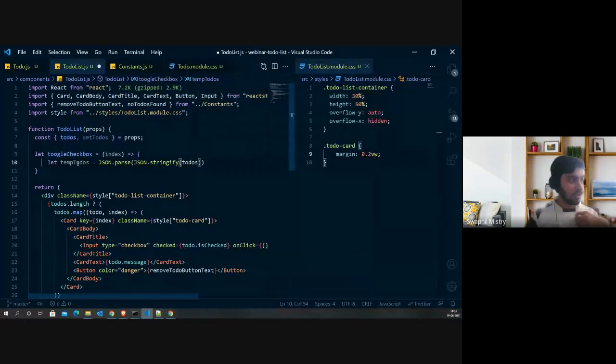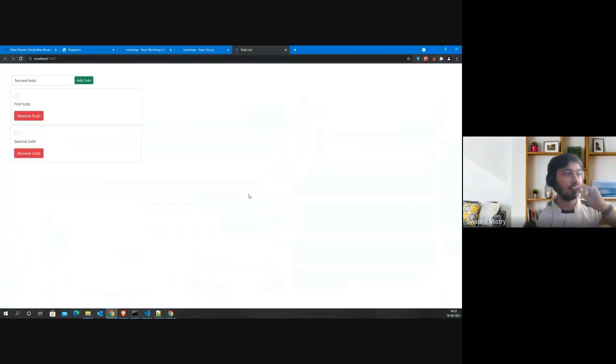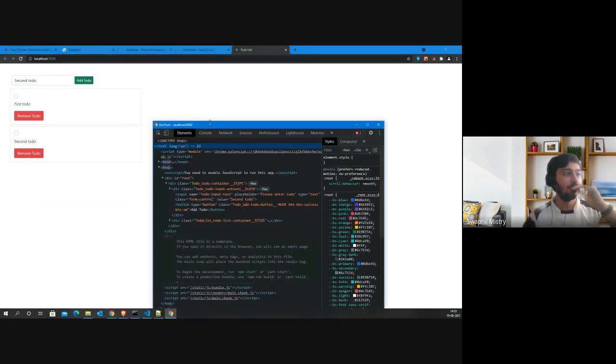So there's one thing to keep in mind over here. JavaScript is a language which uses pass by reference and not pass by value. What I mean by pass by reference is that whatever data you pass through props, the value is passed using the place where it's currently stored. Let me give an example.